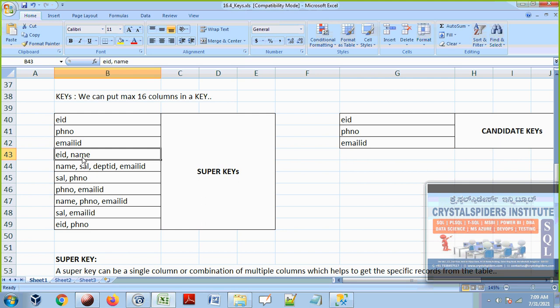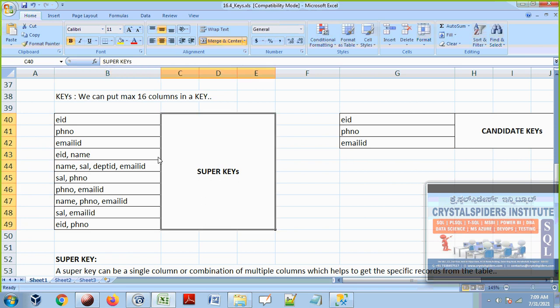If you want to say this super key is a candidate key, then these two column values must be mandatory. You have to provide employee ID as well as employee name, then only can I identify the correct person. If that is the case, then I can say this is a candidate key. But here that is not the case. Even if you don't provide the name value, just the employee ID is enough.